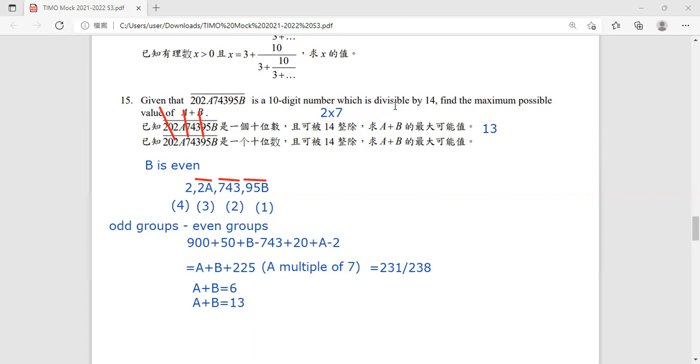Any question on this one? And do you know how to check the divisibility of 7 for any number? If you don't understand this one, do you know how to